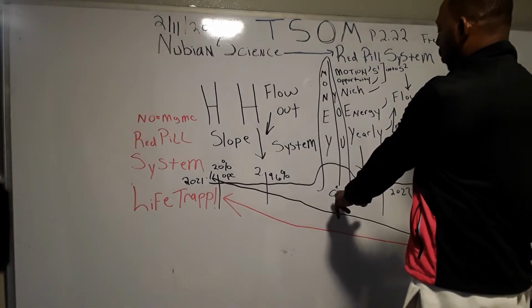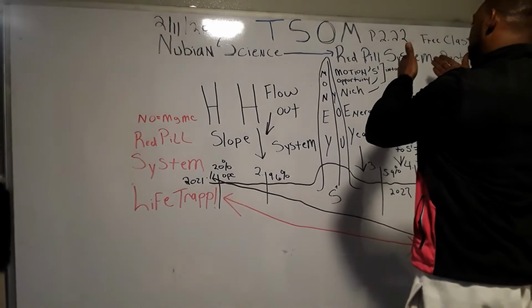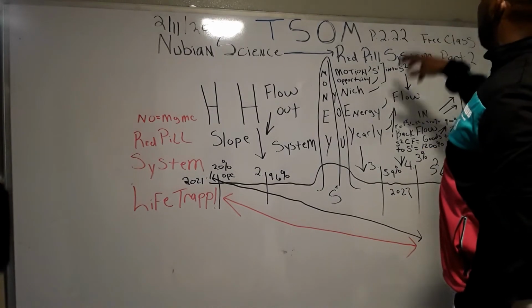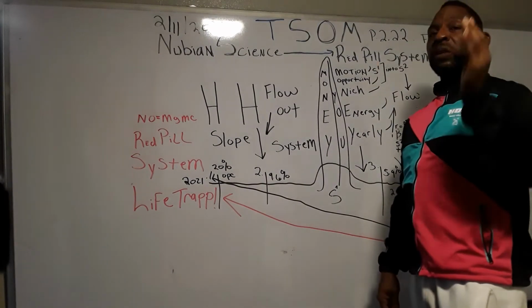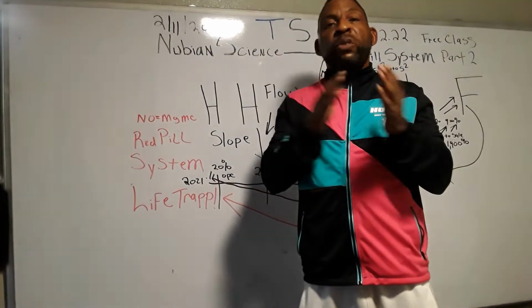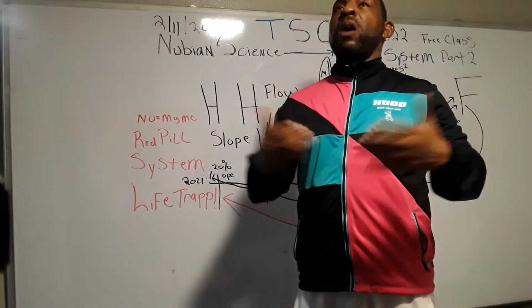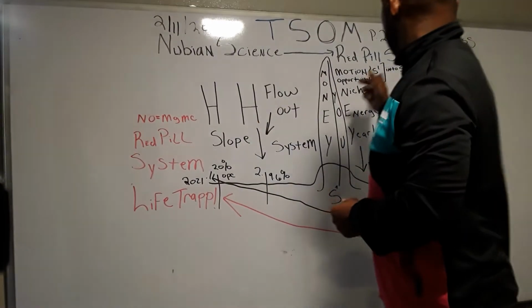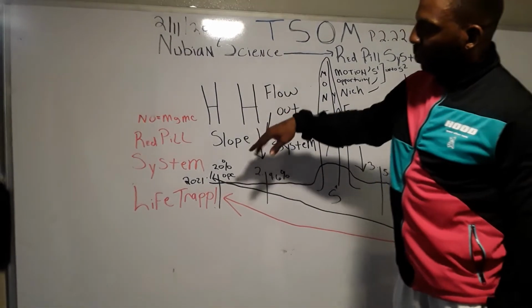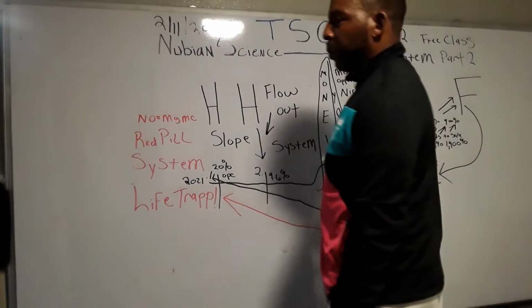Then you take the S1, which is you, which is also money and motion, opportunity, niche, energy, and yearly flow, right? And we plug S1 into S2. Now, check this out. This is very interesting. This is what we discovered. This is what the mind showed us. And we acknowledge wisdom, knowledge, and understanding, and the Father, for this blessing, these awesome manifestations, and for being able to give us this map, to give us a way out of a systematic system that's designed to keep you in housing in a life trap. And we call it the red pill system.